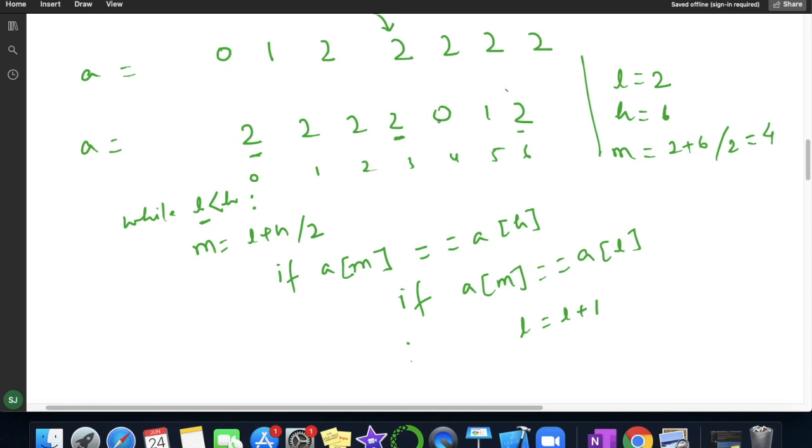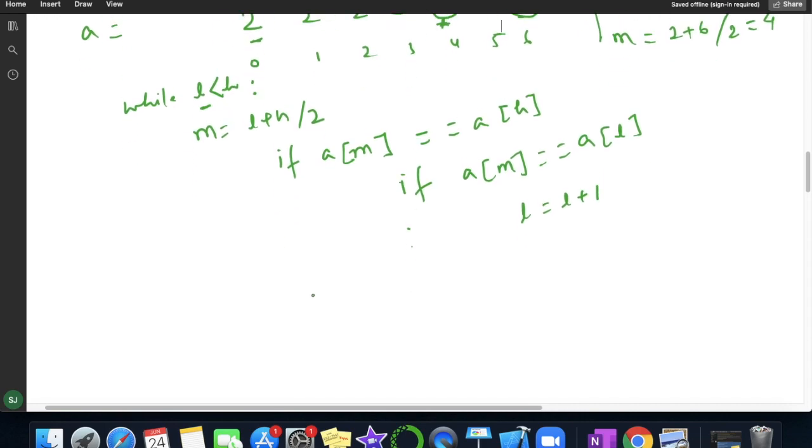Now we are here, my mid is at index 4. Now I am checking if A of mid equal to A of high. Mid is having value 0 and high is having value 2. Is it equal, no, so it will simply come out of if.